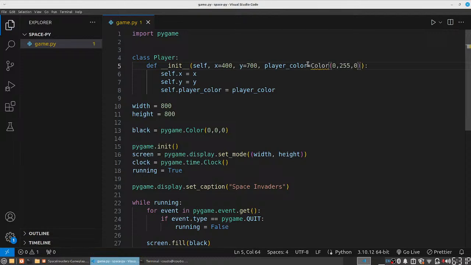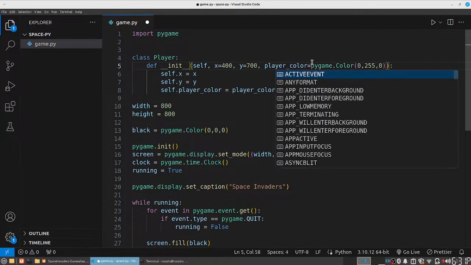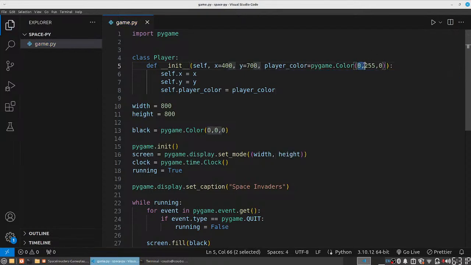This would be a green color, that's RGB. R would be red, green, and then blue. So when I say it's 255, that means it's really green. You can control the amount of greenness by using 100 or something. The default color, then